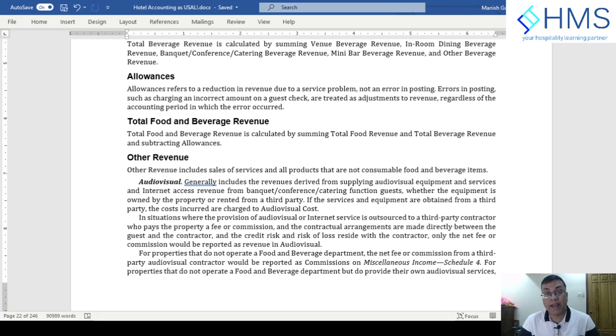is considered as food revenue and is divided by venue, the in-room dining, banquet, or other food revenue, minibars. Similarly, beverage revenue is alcoholic beverage revenue, which is also divided into venue, in-room dining, banquet, minibar,